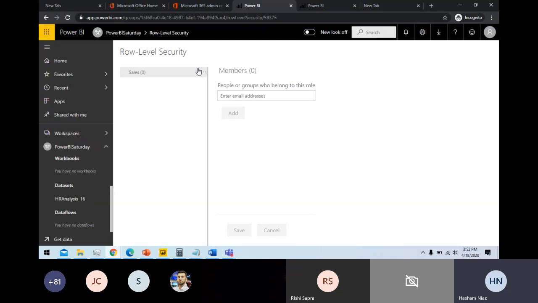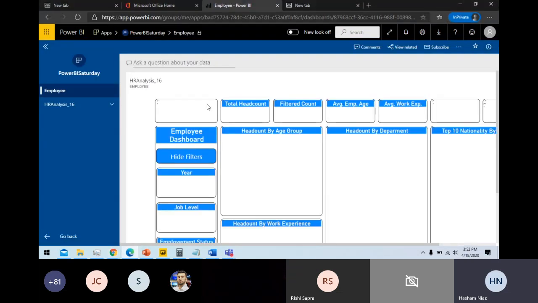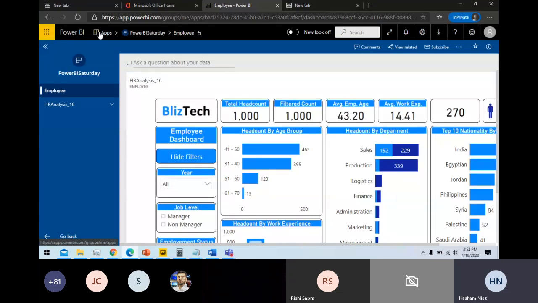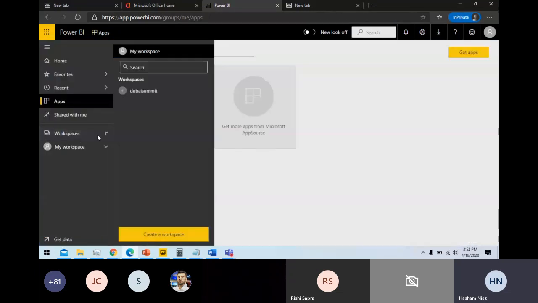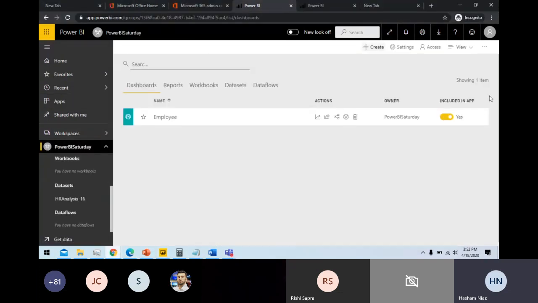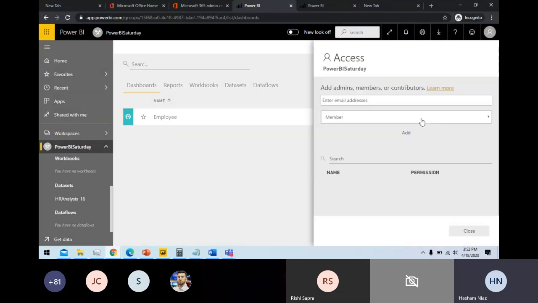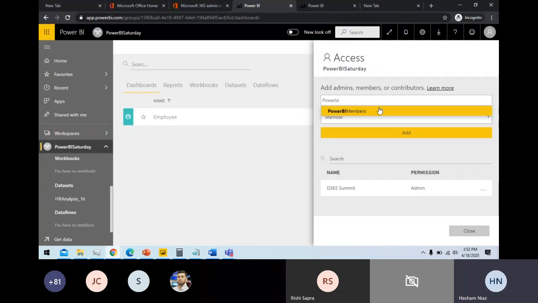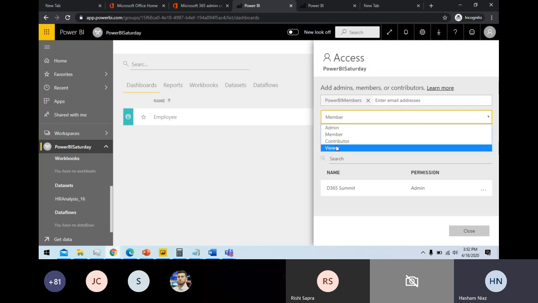So what will happen now? For this user, I need to go to the workspace first so you can understand. This workspace needs to be shared as well. So let's share the workspace with this particular user, Power BI admin, Power BI members, and let's make this a viewer role so you can understand what I'm doing here.